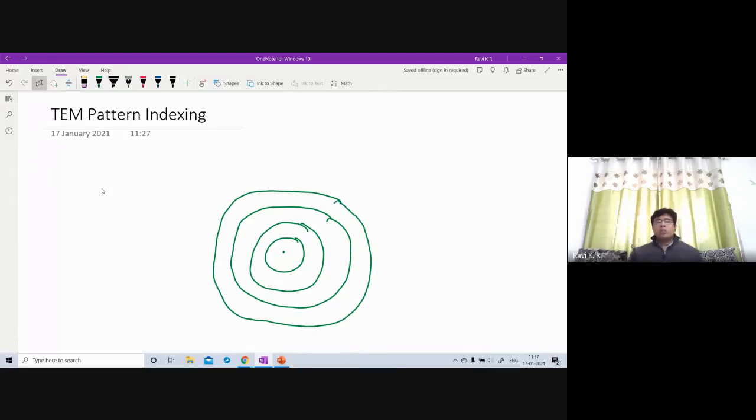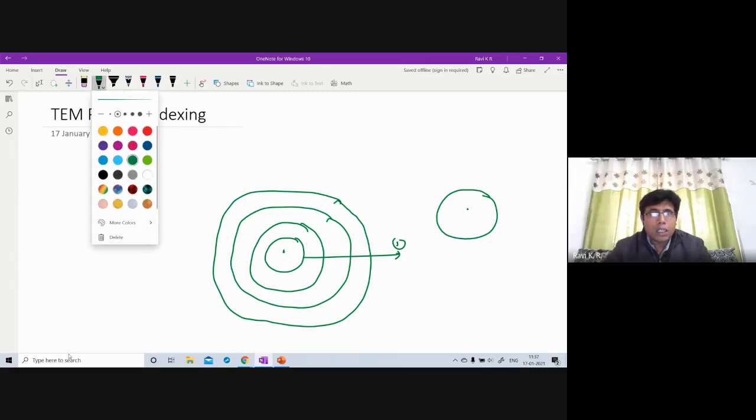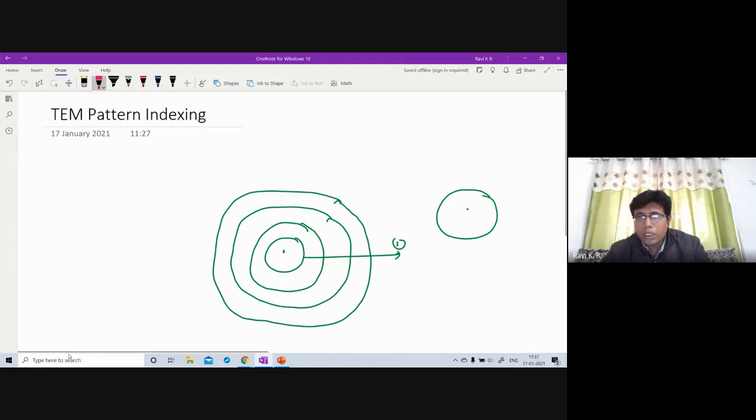Oh, so this is actually your transmitted beam. The concept is the same. You take only this particular aspect, and now you connect it the same way as we did there. Basically, this is a kind of radius r, so that you can combine, you can arc it. So this ring is actually a family of planes.